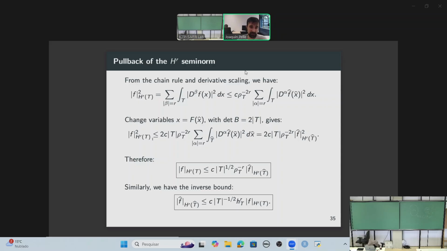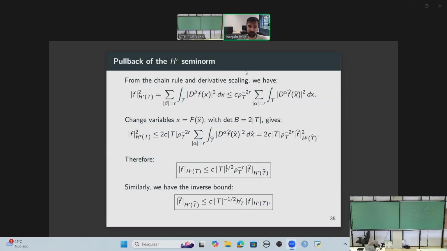And so we can, yeah, we get this factor out here. And now the integration is done over the reference triangle. So after all, we get this expression here in terms of the area and the radius of the inscribed circle and the norm of the pullback, right, of the function on the reference space. So after all, cleaning up a little bit, we have this bound here, and